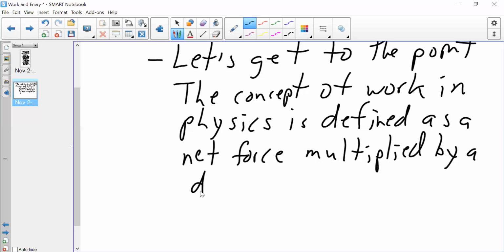We're taking the concepts from chapters 2 and 3, back in the day there in chapter 5, marry them together, and thus we get the concept of work, which is a form of energy, which we will see as we go further. So work and energy are basically the same thing, conceptually. All right, so the concept of work in physics is defined as a net force multiplied by a displacement,